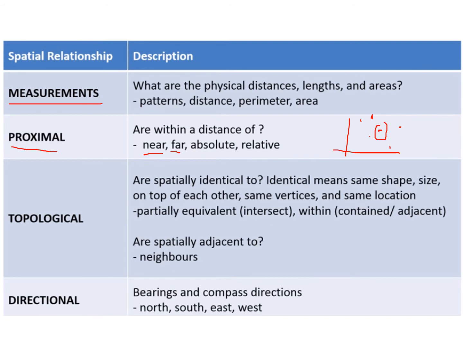Then one more is the topological. Mostly they come in two forms. One is spatial, how similar they are spatially, and second, how adjacent they are. In topology we saw last year in the lectures what topological means. So geometrical and topological are two functions, two tools which are used.